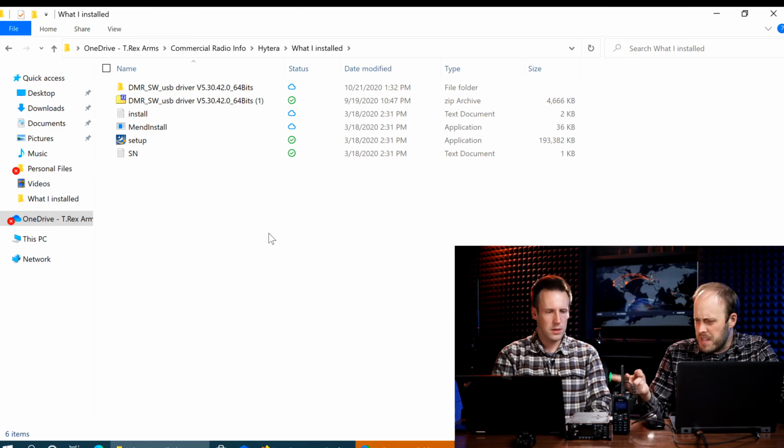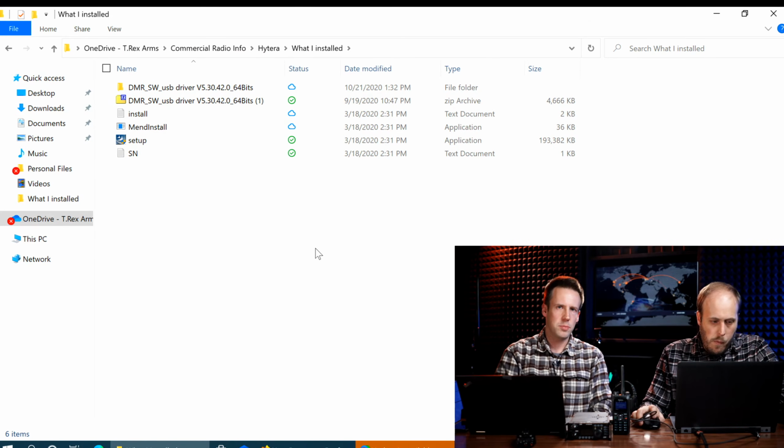You have to install the drivers before you ever plug in the cable or else it simply will not work. And while you're doing that, let me talk about DMR for a second. Because DMR is based on Moto Turbo, which is a Motorola thing. Yep. Or maybe it's, I don't know which came first. Yeah, it's basically an open standard that is used by a number of different radio companies.